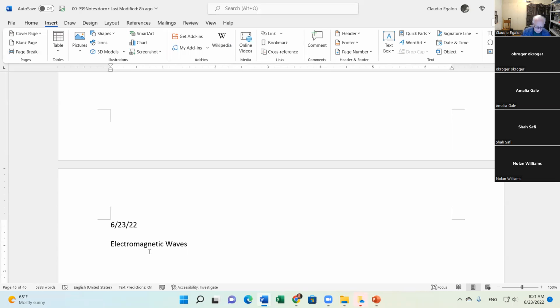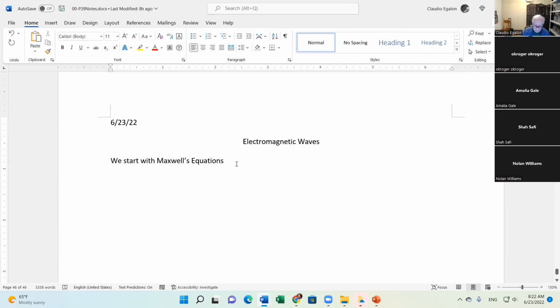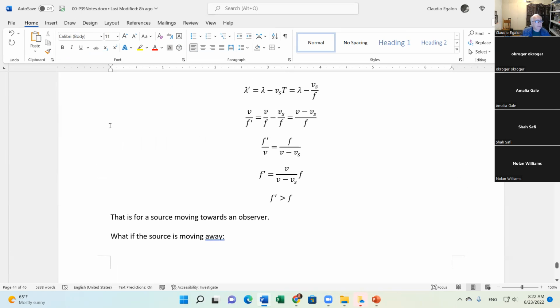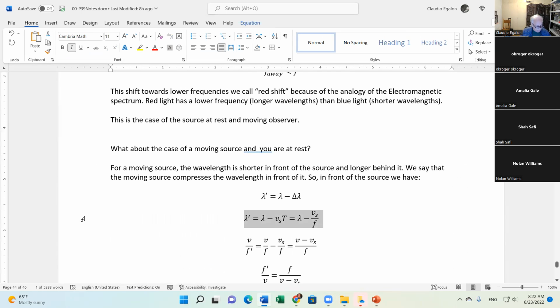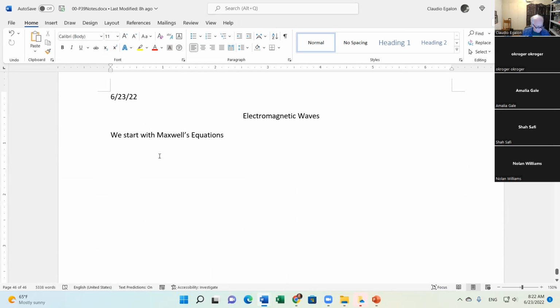We start with Maxwell's equations. Remember what I usually tell my students, that if you have to memorize anything for the rest of your lives, it is the laws of physics, and Maxwell's equations are a set of physics laws. There are 4 integrals that you have to memorize. It's not difficult to memorize those integrals.